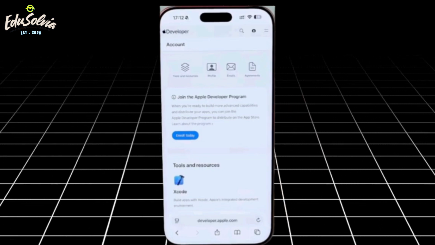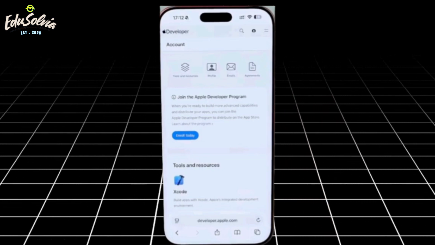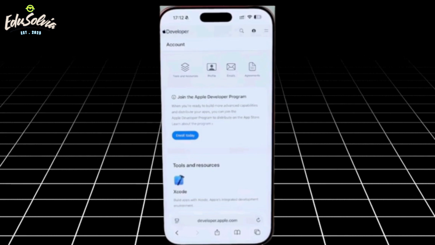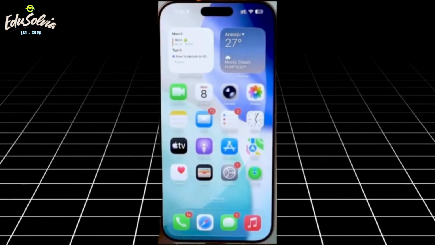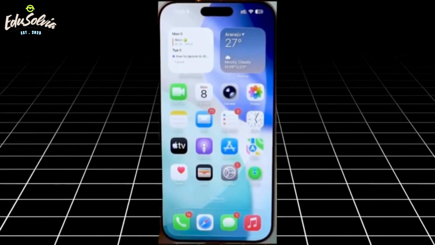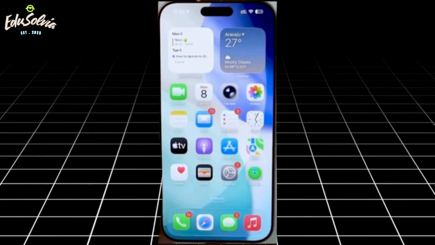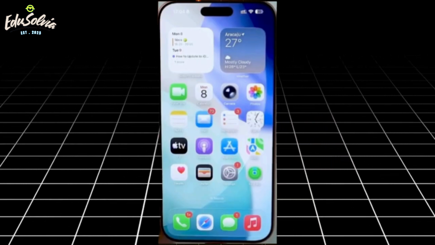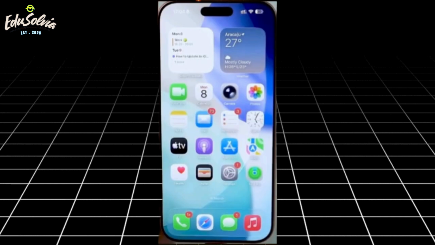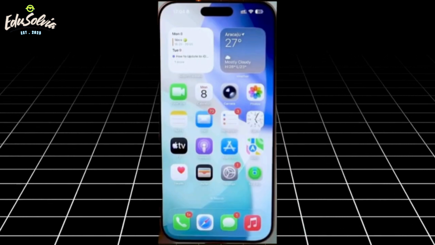There's no need to purchase or enroll in the paid Apple Developer Program. Now, close Safari and restart your iPhone. To do this, press and hold the Side button and either Volume button until the Power Off slider appears. Turn off your iPhone, wait about 10 seconds, then press and hold the Side button again until the Apple logo